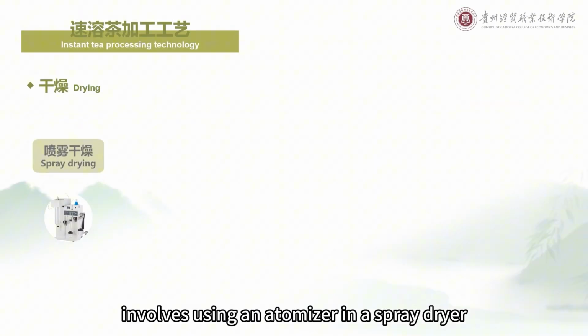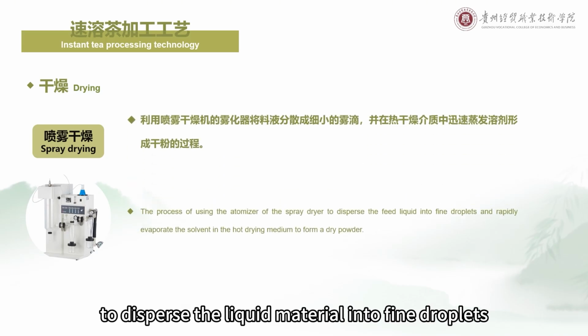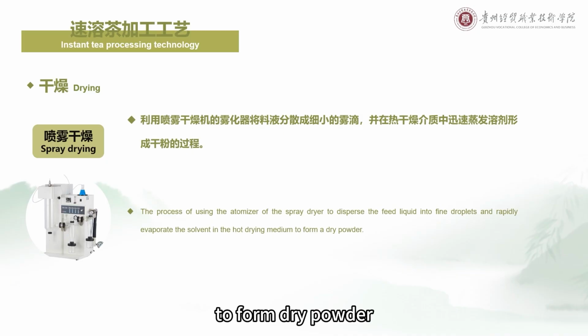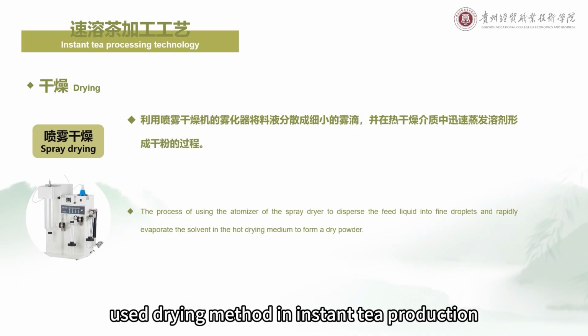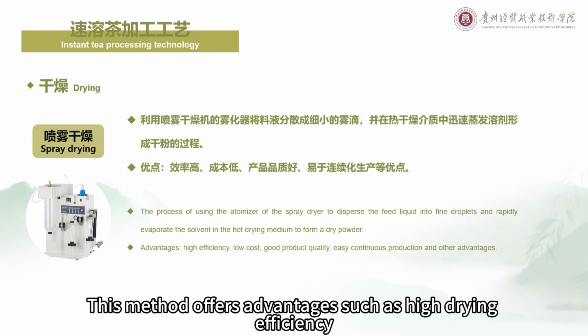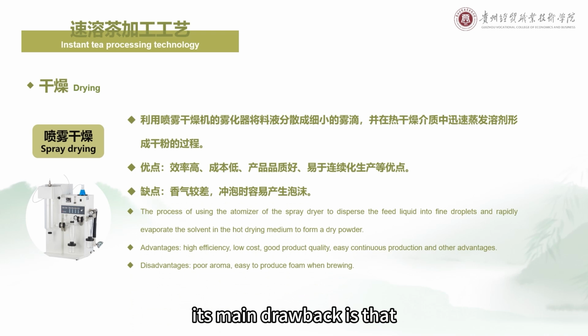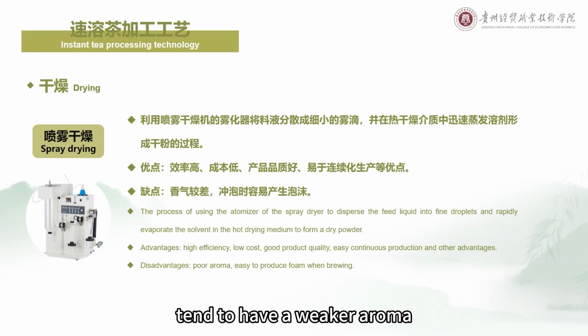Spray drying involves using an atomizer in a spray dryer to disperse the liquid material into fine droplets, which are then rapidly evaporated in a hot drying medium to form dry powder. Spray drying is the most commonly used drying method in instant tea production. This method offers advantages such as high drying efficiency, low cost, good product quality, and ease of continuous production. However, its main drawback is that products processed by spray drying tend to have a weaker aroma and are prone